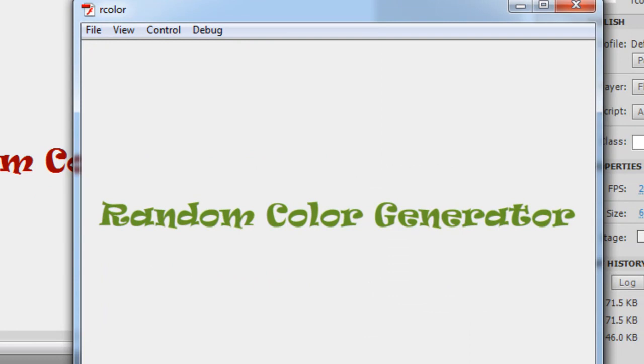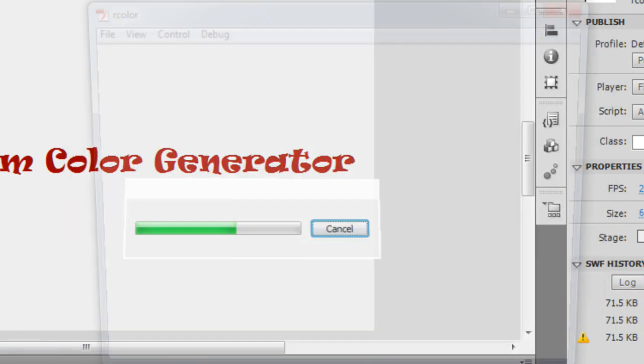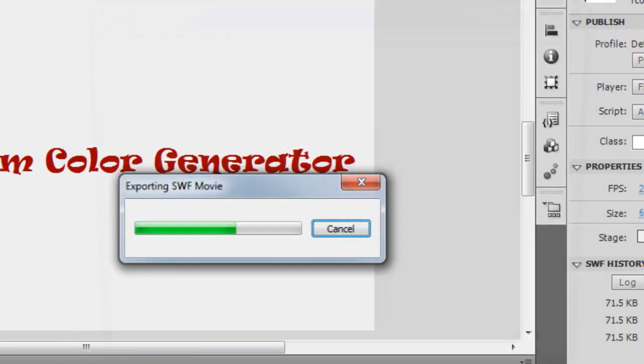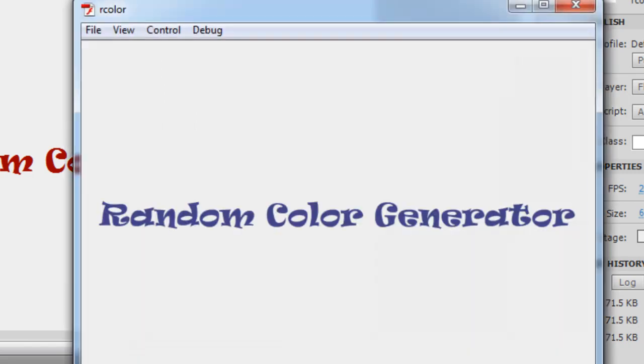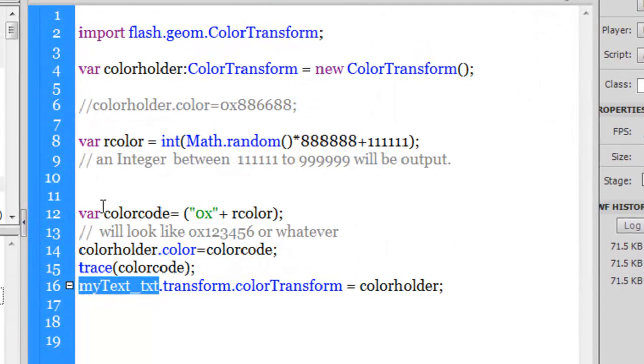Okay, a different color, let me test it again. Yet another color. Okay, once again, another color, and again another color. Alright, guys, if you want very dark colors, there's a trick